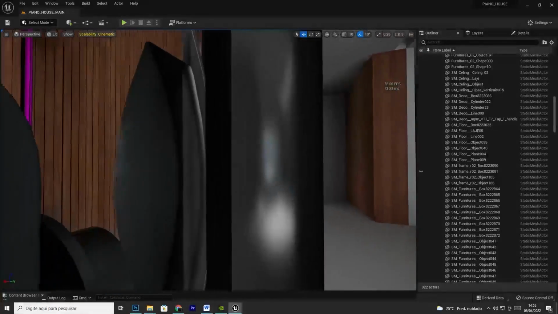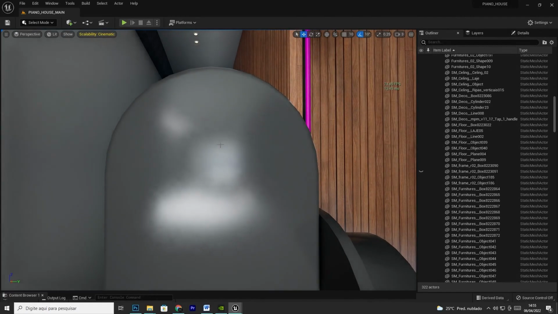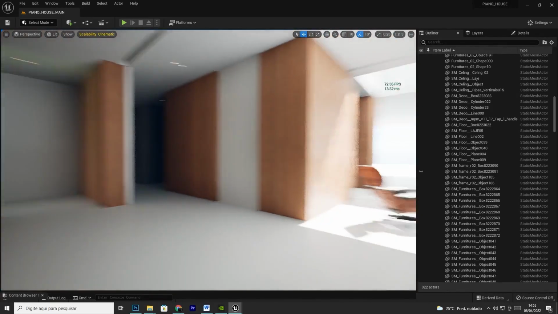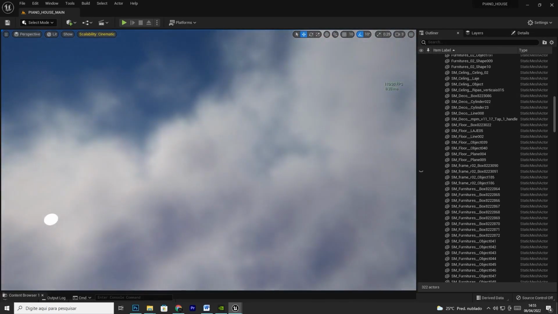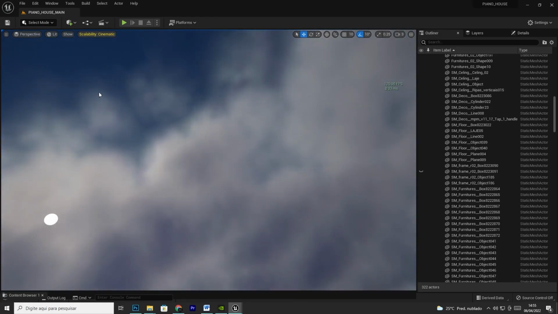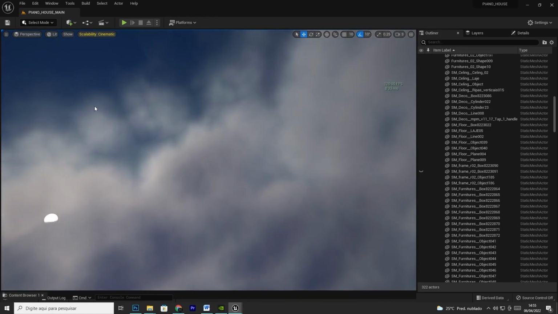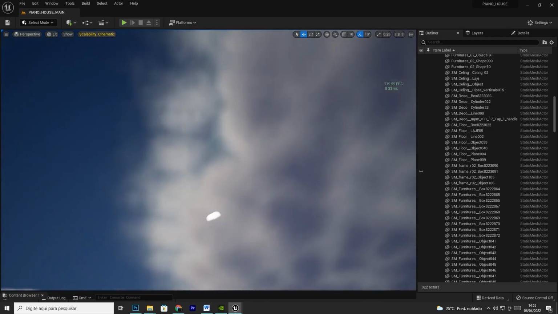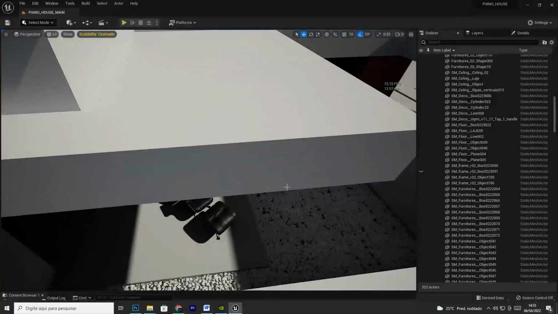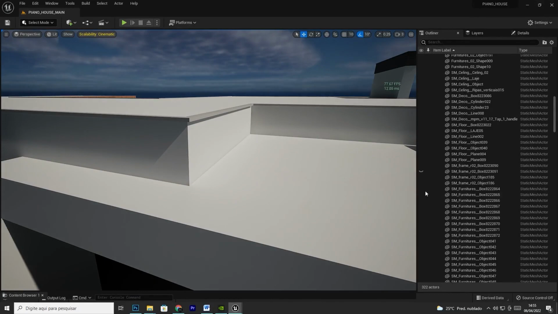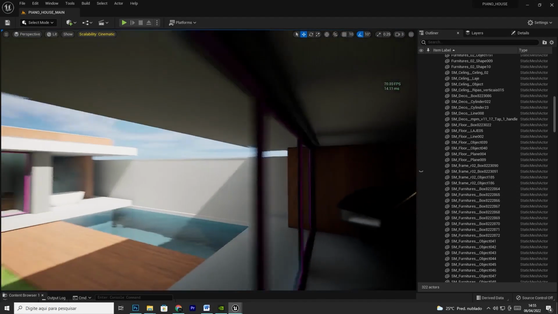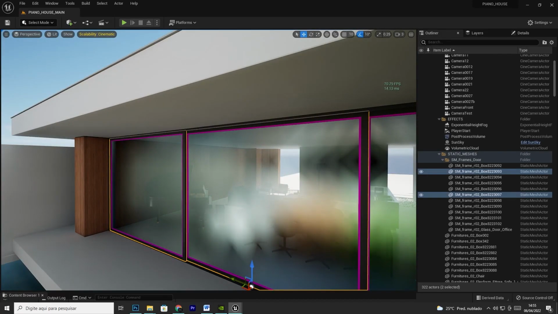Depending on the place that I look at, it can increase or decrease this FPS. Let's take a look at the sky. 120, because there are few objects in the scene to be rendered. If I look, for example, here, a lot of objects to be rendered, so it's going to make the